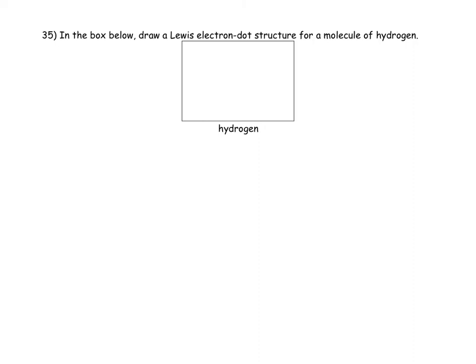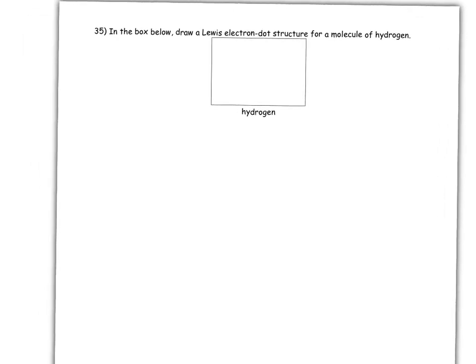When phosphorus and chlorine atoms combine in a molecule of PCl3, 6 electrons will be figured out. You should be able to tell what's going on, because this again is the same question over and over in different ways. Here it says in the box below, draw a Lewis